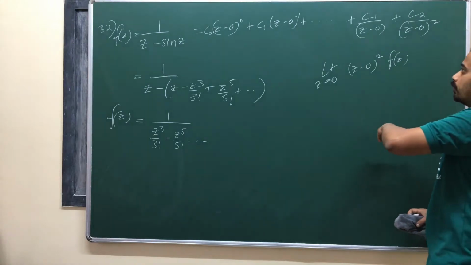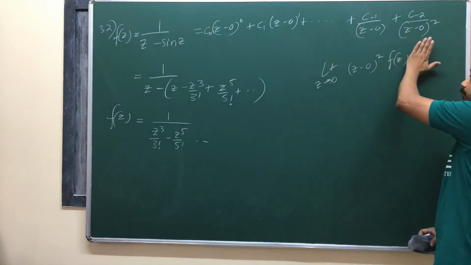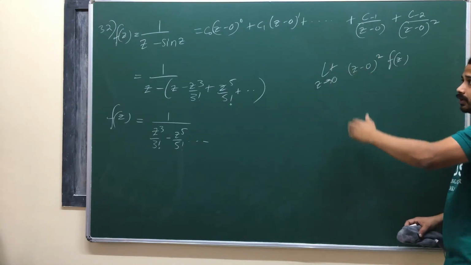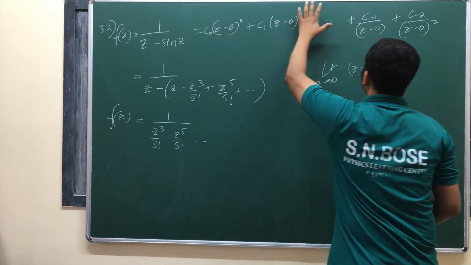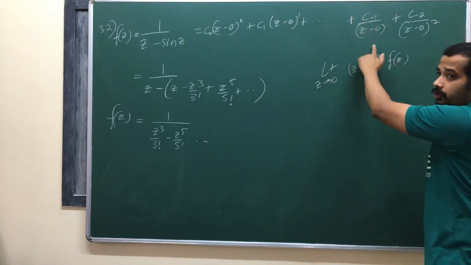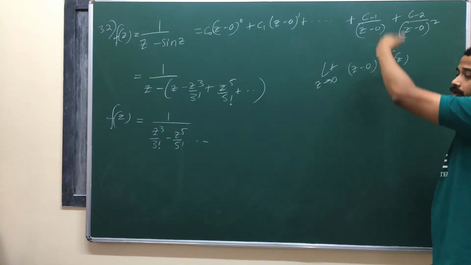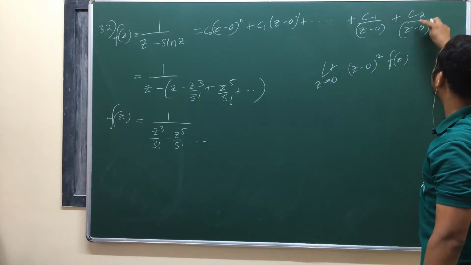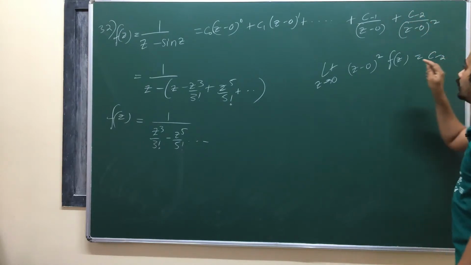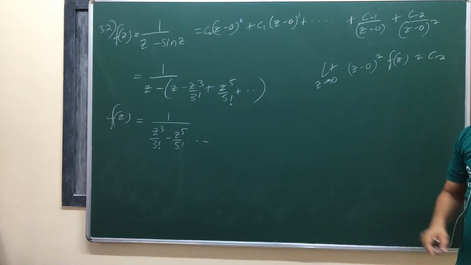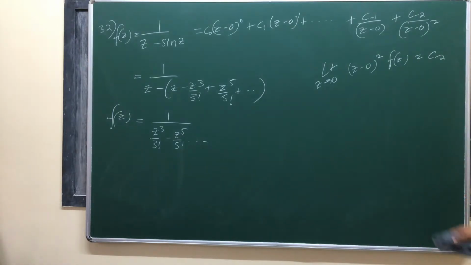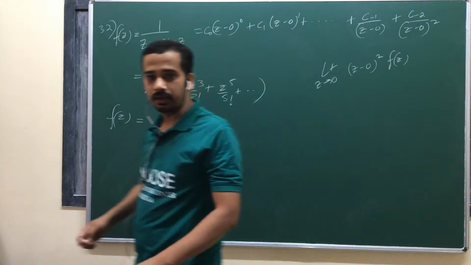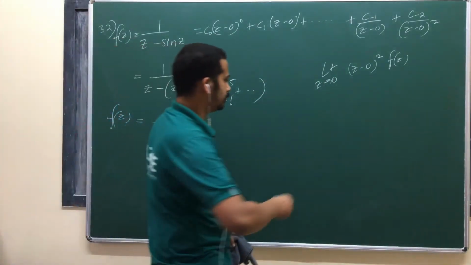When you multiply with 2, if it is a pole of order 2, your Laurent expansion will be like this. When you multiply by z minus 0 whole power 2 into f of z, limit z tends to 0, look at here. All of these will have positive powers, so here also you will have positive powers because you multiplied with z minus 0 whole power 2. And here that power will get cancelled. You will end up with this c minus 2. So in this case, it will be non-zero and finite. Is that okay? So this limit is a test of the order of the pole. Is that okay? Can you note down this one? Note down.